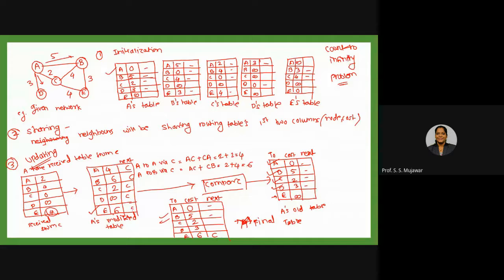But see, A is not aware how C can reach to E through any router or whether there is a direct line. So he is not aware. He knows that मुझे ये पता है कि C मेरे को पहुंचा रहा है E तक, इतना ही इस A को पता चल रहा है. कैसे पहुंचा रहा है उसका क्या प्रॉब्लम वो हमको नहीं पता है.